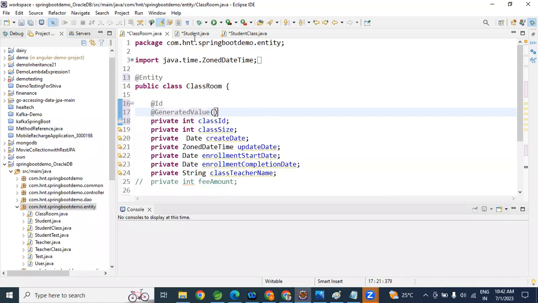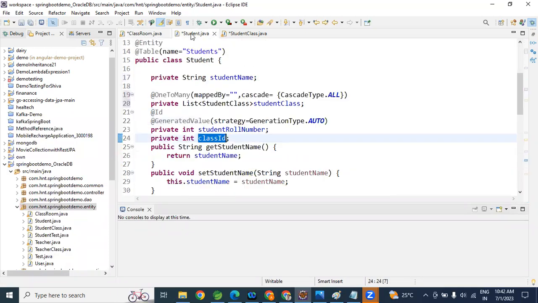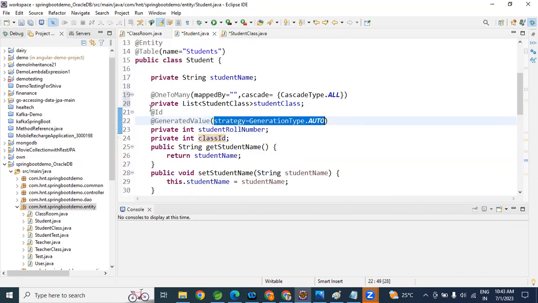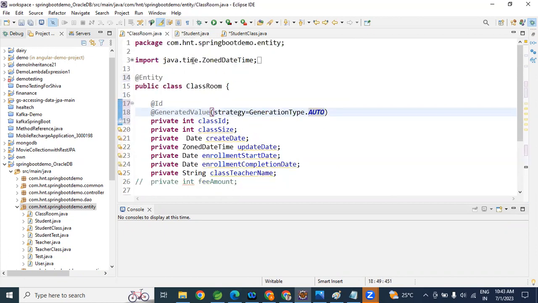In that how we are writing, generated value and then strategy equal to. So this we need to give. That is the basic requirement to make it a database table. And then